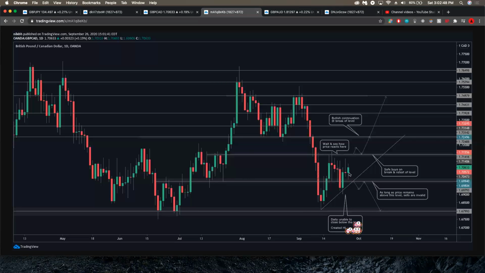So essentially what we're looking for is a retest at this level and then a push up. And once we break this level up here, we retest and continue up. So there would be safe buys on the break and retest of the level. We also have an intraday bullish trend line, so keep that in mind. And as long as price stays above this level, sells would be invalid. Sells would only be valid if we break past this intraday bullish trend line and below this level, retest and